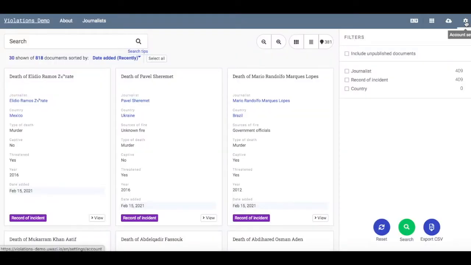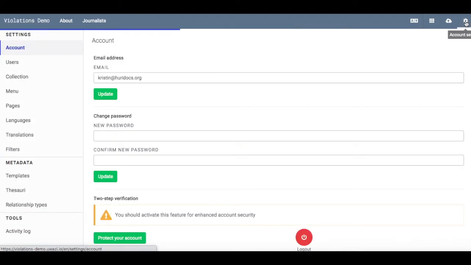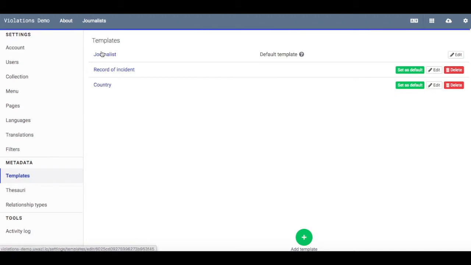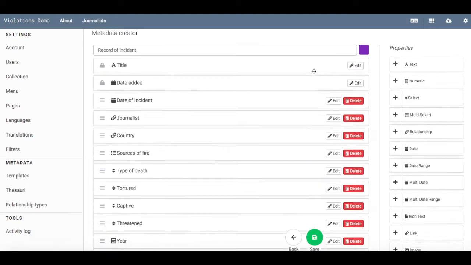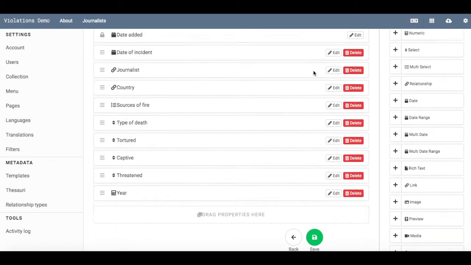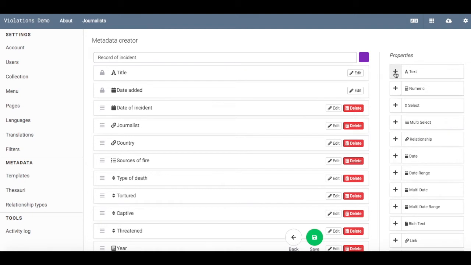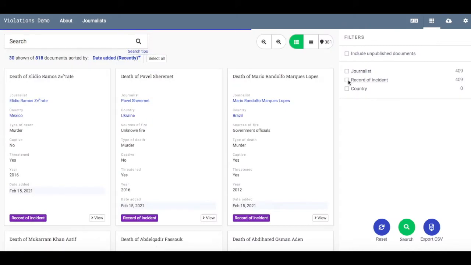For each type of information in your collection, you can customize a template that will contain all of the properties you will need. For example, let's say I have a template called Record of Incident, and I want to include properties such as date, location, description, etc. By dragging each type of property to the template, I can add and configure the properties I need for each